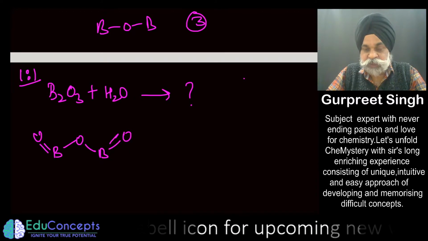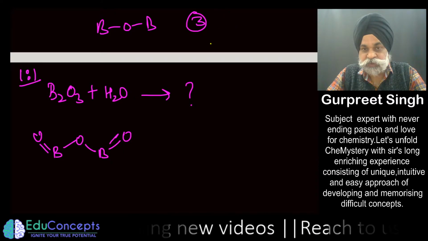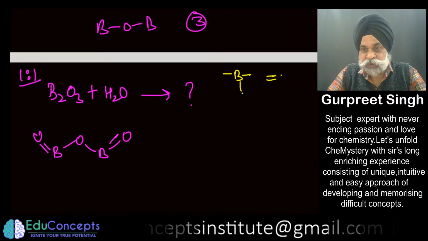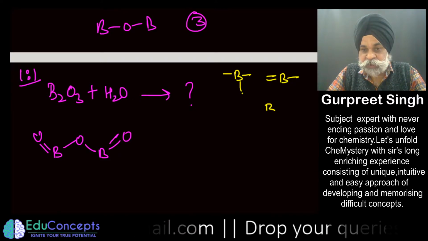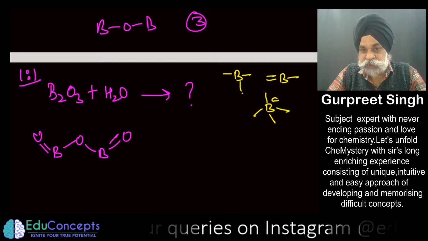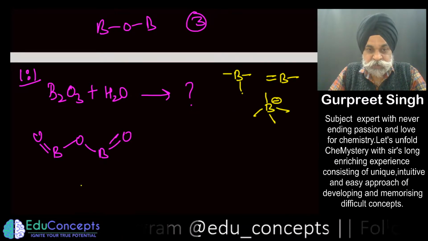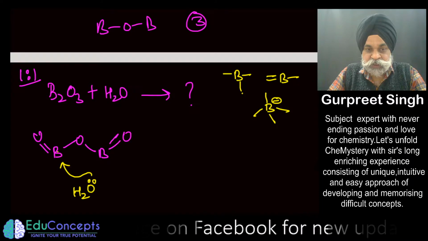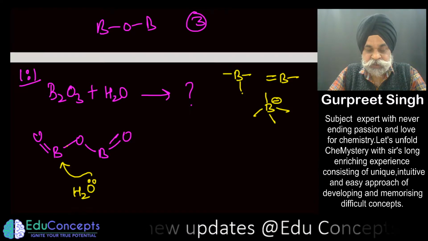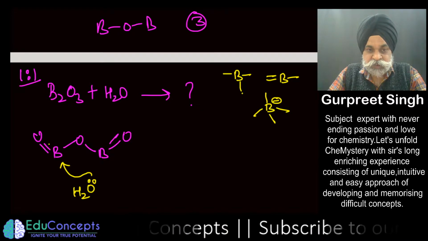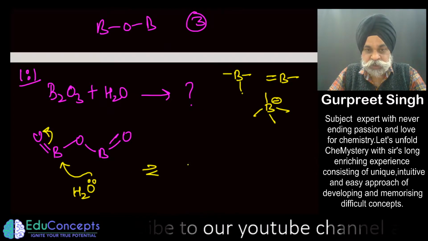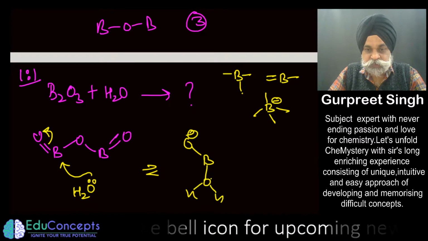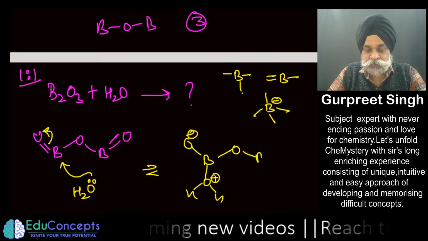I have already spoken about this: wherever boron is going to join, it joins by three bonds. If it tends to make four bonds around it, then the boron must carry one negative charge. So now the water is going to attack this boron, and if it attacks like this, then what shall you be getting? So this goes here. What would you get along with it? O negative. So this is OH positive and O=B=O.